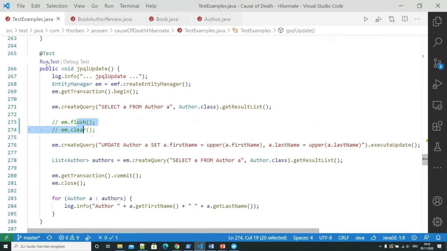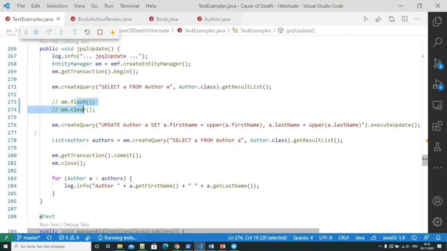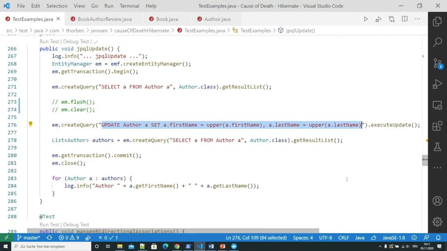Let's take a look at another example that creates inconsistent or wrong results. Here, I'm using a JPQL statement to update records in my database. That's actually a great approach if you need to perform a mass update, if you have lots of records that you need to change. With SQL, you would always do it like this.